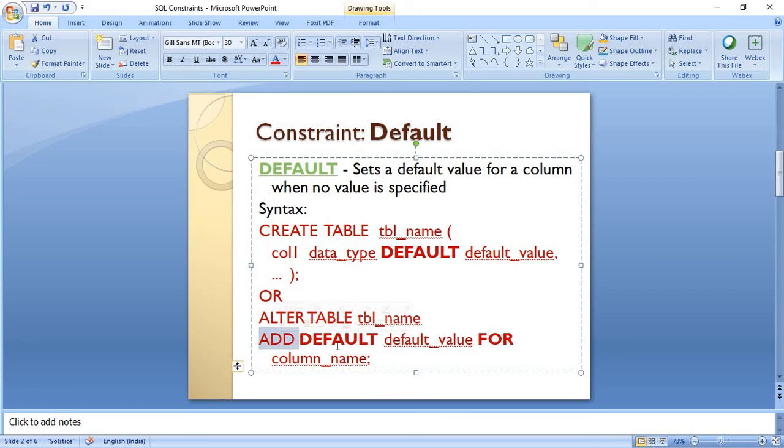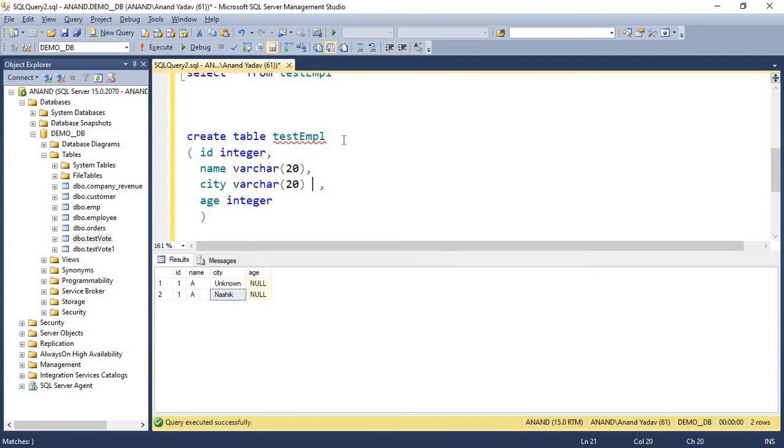Add is a keyword, default is also a constraint name, and then the default value, the constant value that we are going to provide. Here we have provided the city name as unknown, and the column name is the one on which we want to assign the default value.